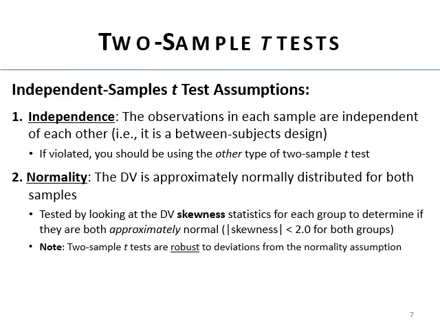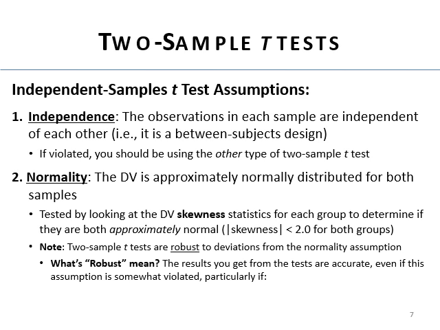So it turns out that t-tests are pretty robust to just sort of normal deviations from a normality assumption. So I've discovered over the time that people don't know what I mean when I say robust. So what's robust mean? Yes. So the results you get from t-tests are pretty accurate, even if the assumption is violated. So it is an assumption, and it does mess up your results somewhat. But for the most part, because it's robust to deviations, it doesn't cause that many problems, particularly if two things